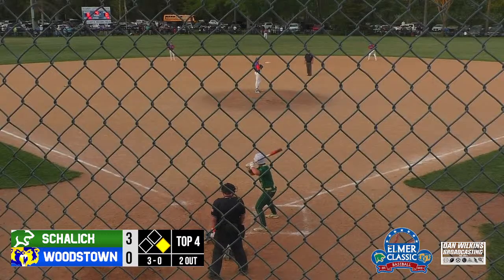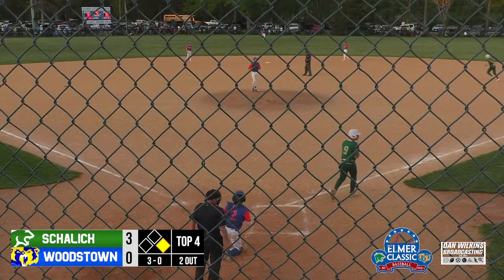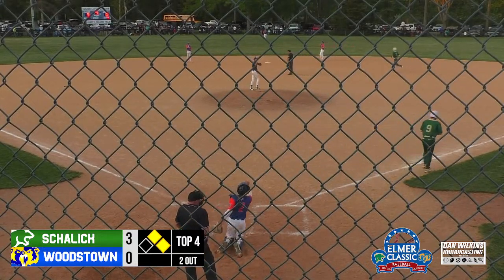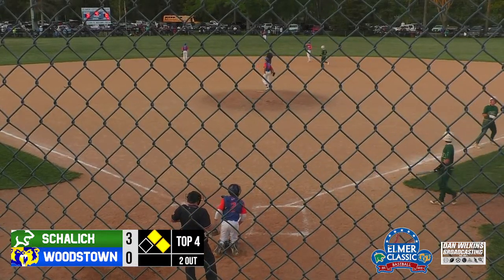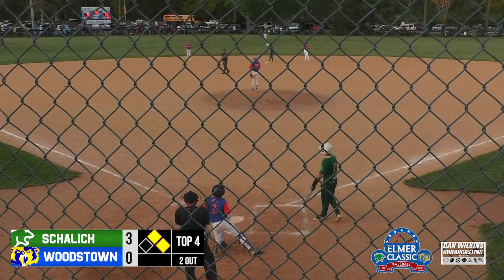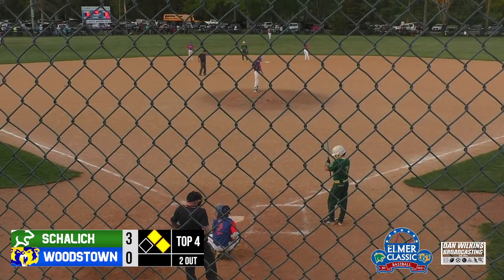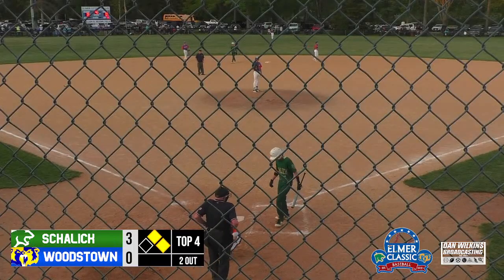Seepers has reached base twice, a walk and a single, and he has just picked up his 2nd walk of the day. That puts 2 runners on for Schalick. Watt reached on a hit by pitch. He's now at 2nd. Wonder if they might go for a 2-out courtesy runner here, but D'Agostino, the 2nd lefty in a row, will bat with Jamari Whitley on deck. That brings up your cleanup batter, number 7, Lucas